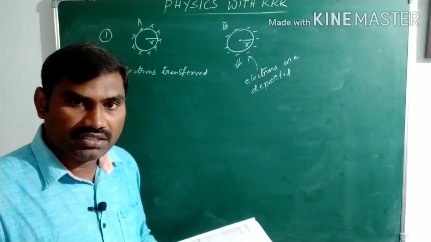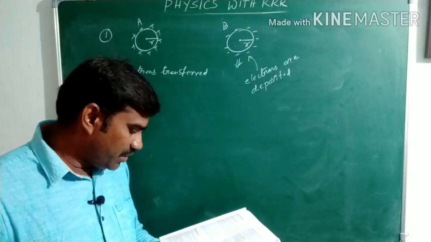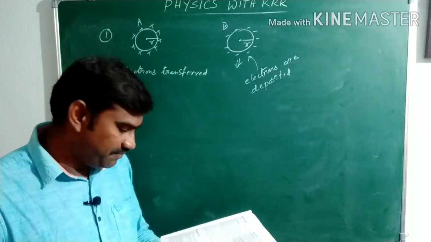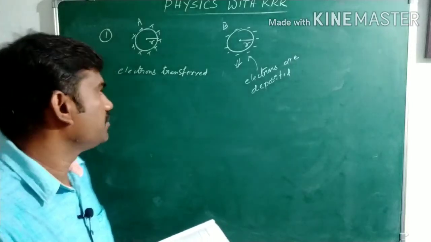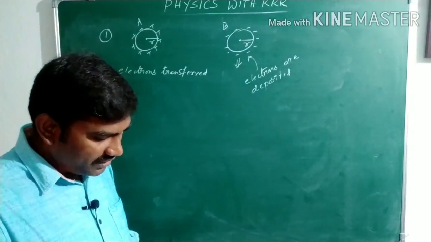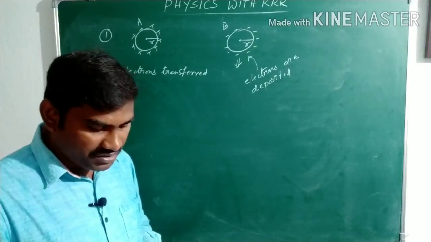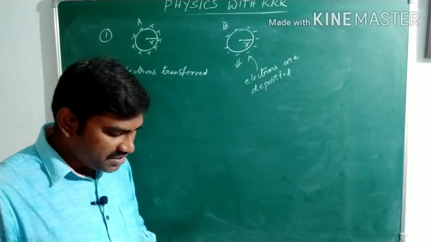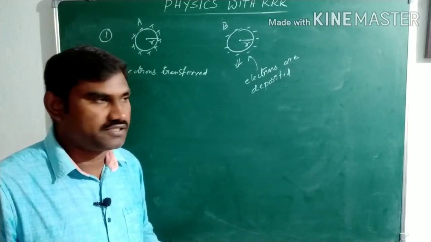So once again see the question. One metallic sphere A is given positive charge, whereas another identical metal sphere B of exactly the same mass as A is given an equal amount of negative charge. So one is given positive charge and another is given negative charge. Then option A, mass of A and mass of B still remain equal. Option B, mass of A increases. Option C, mass of B decreases. Option D, mass of B increases.